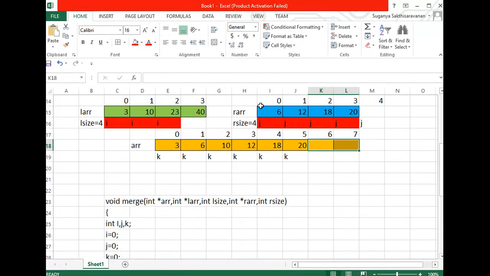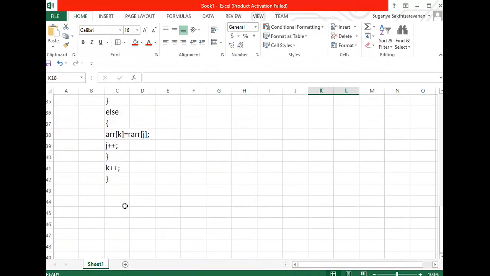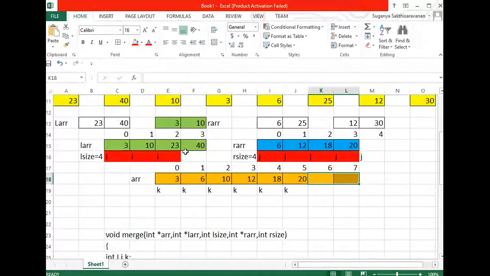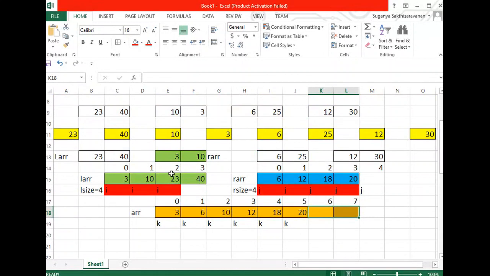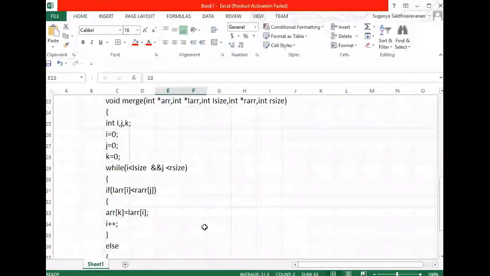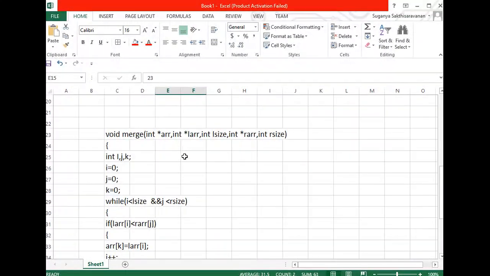So if at all we are having an equal scenario, until this it's fine. Okay, if you have some leftover value in the left array, or if you have some leftover values in the right array, you are not supposed to be concerned about the values. You are coming out of it directly. So now we are supposed to write separate logic for bringing these values here. Okay, now we'll write a separate logic for this other part alone, which is nothing but the leftover part.